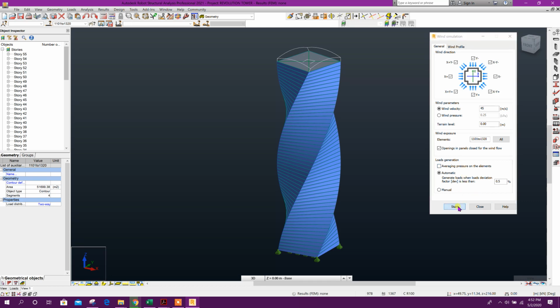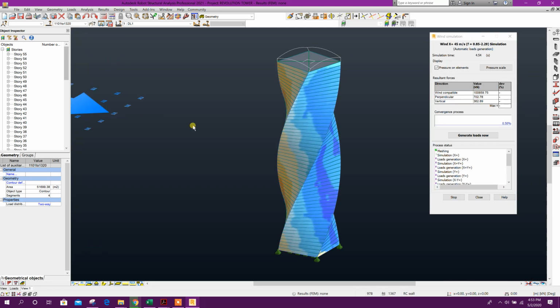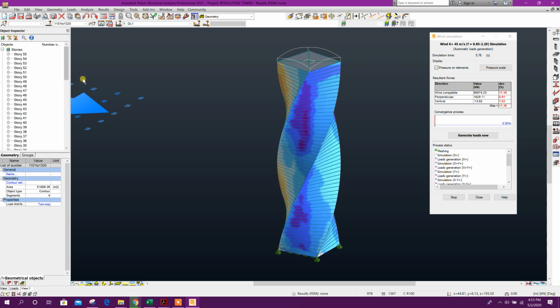Now click on start. This one is started. Here we can see factor 0.85 to 2.29. Here is the convergence process; when it shows below 0.5%, then the load generation will start.